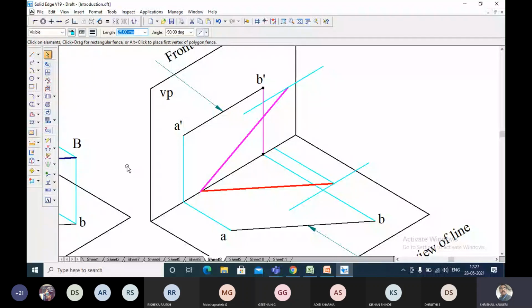Okay, simply I'll take this one. I'm not getting this because it will be some isometric something. It will be intersecting here.